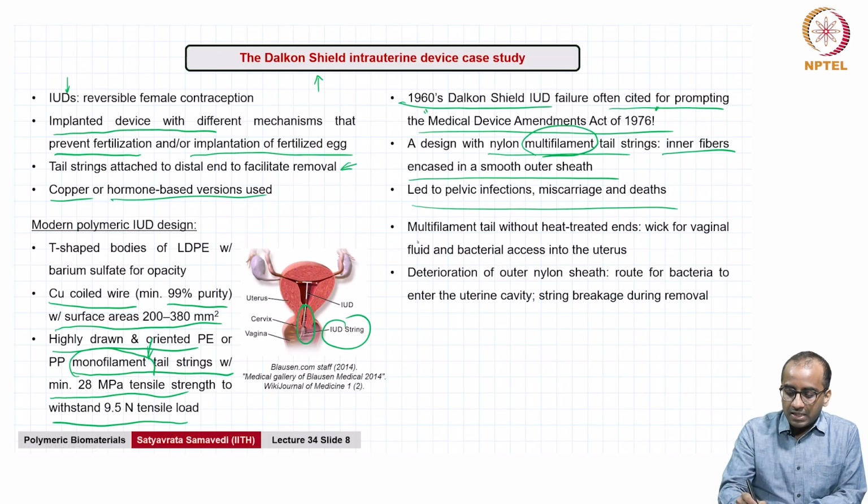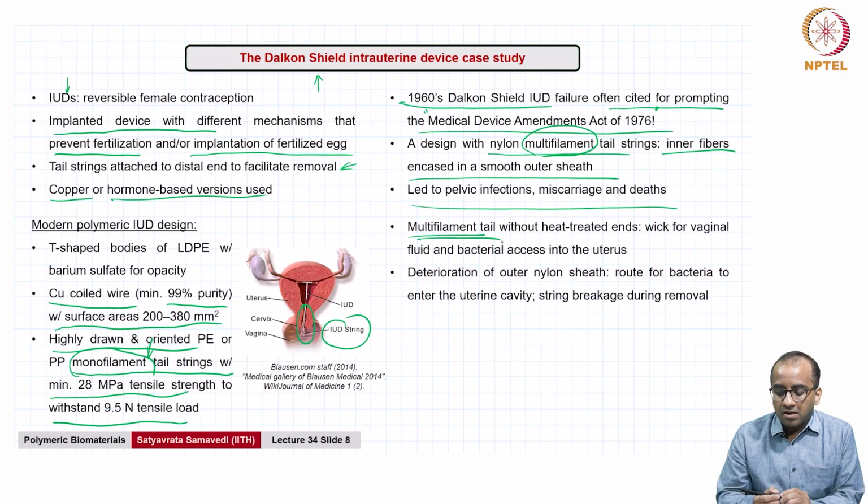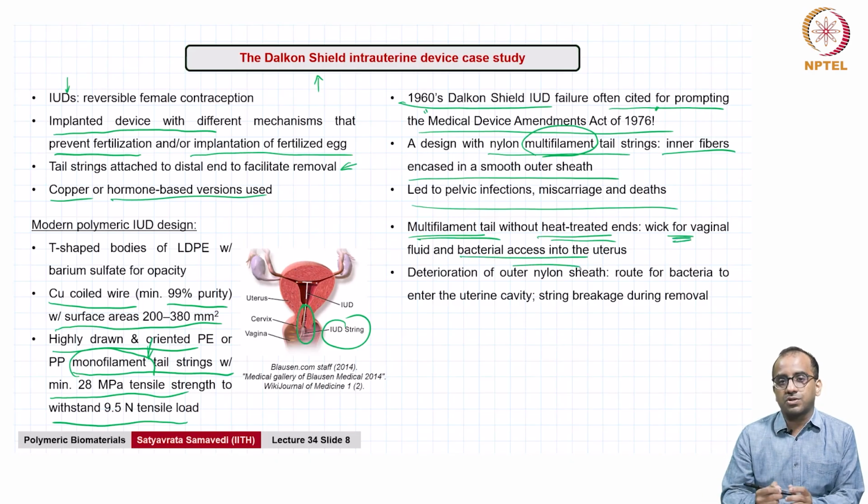This multifilament tail, it turns out, was one of the primary culprits. Without the heat treated ends, it led to wicking of the vaginal fluid and provided bacterial access into the uterus. Because this had this multifilament tail string design, bacteria from the outside could piggyback and wick by capillary action and reach the uterus, which would otherwise not